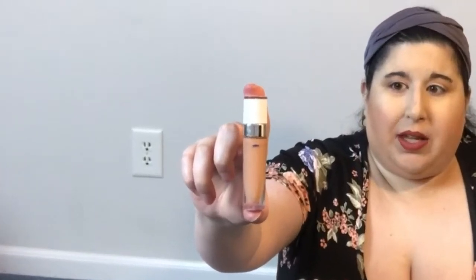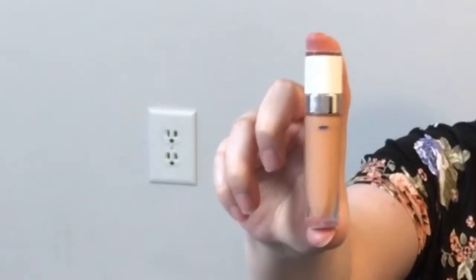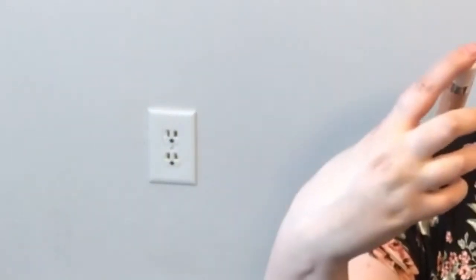There are some brands that are not sticky, and Dose of Colors is another one that's not too sticky. Now, I actually have an okay amount of use on this. It kind of settled down now that I brought it inside. Like, you used to be able to see more of the tube, so I marked it there. Once it settles down, I might actually be a little bit further down, but yeah, I definitely have some use